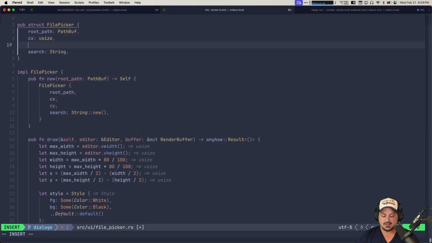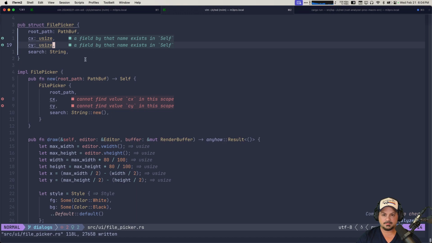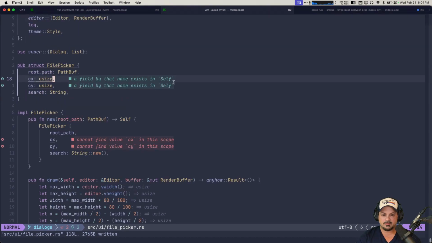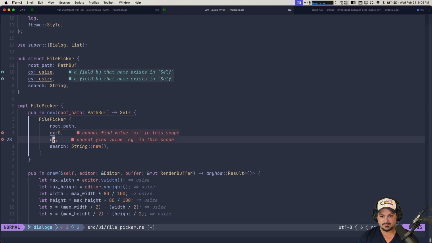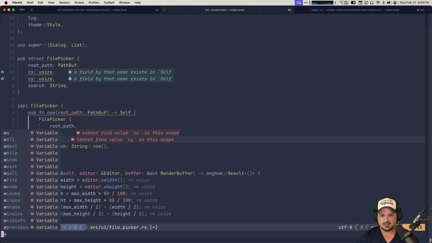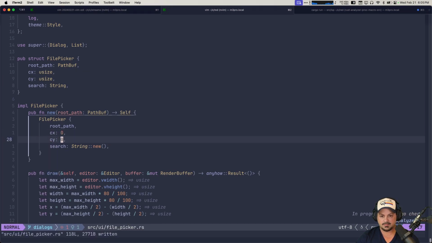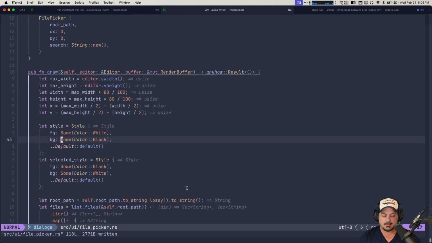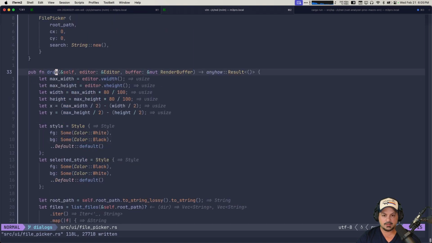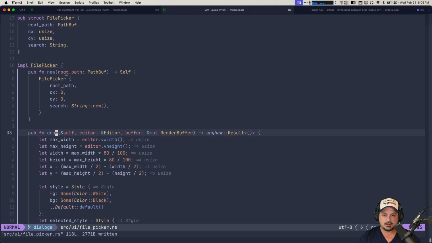So this is usize, CY is usize, like this. A field by net name exists in self. So this is going to be 0. This is going to be 0 for now. So now here, before we send it back, we're going to do... Oh, actually,